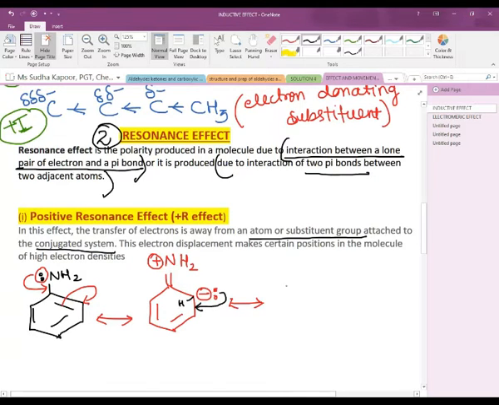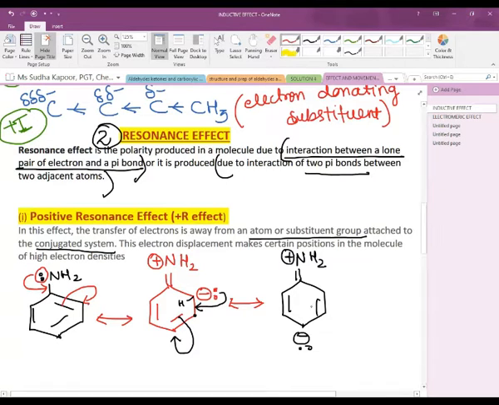Okay, so in order to get the 4 valency completed, it shifts the lone pair to the bond pair. But as soon as this lone pair is converted into a bond pair, this carbon becomes 5 again in nature. So in order to become 4, that is, to maintain stability, it shifts this pi bond to the para position, converting it into a lone pair. So you can see that in one step, the lone pair is converted into a bond pair, and simultaneously a bond pair is converted into a lone pair.